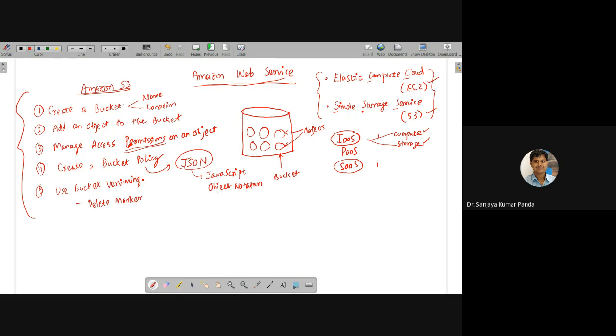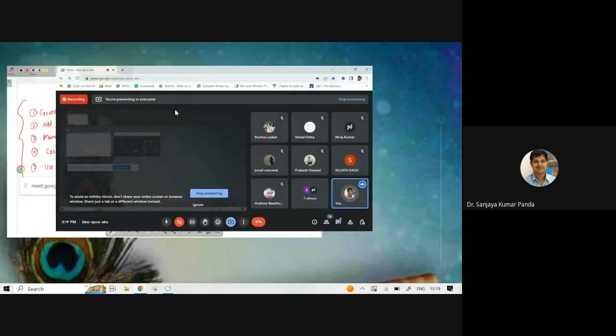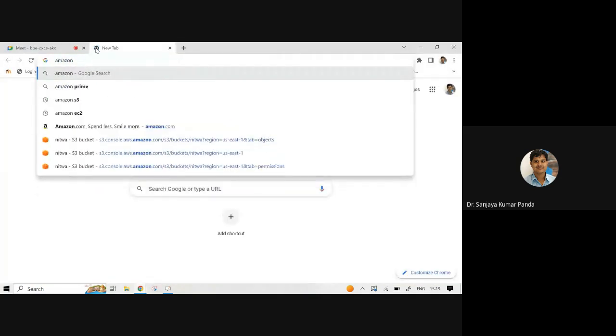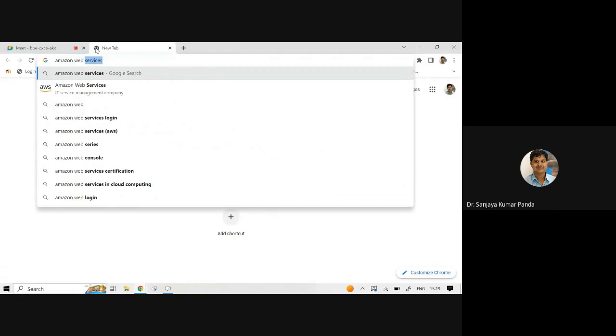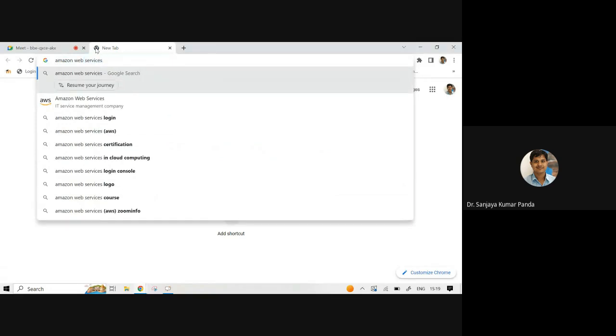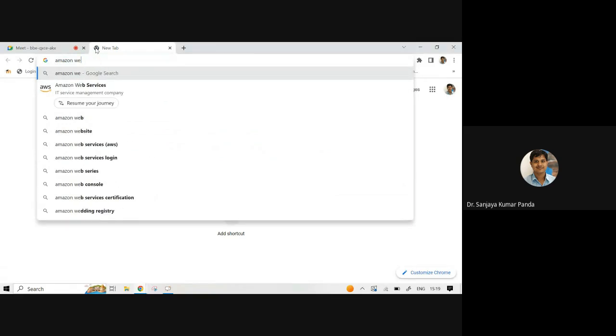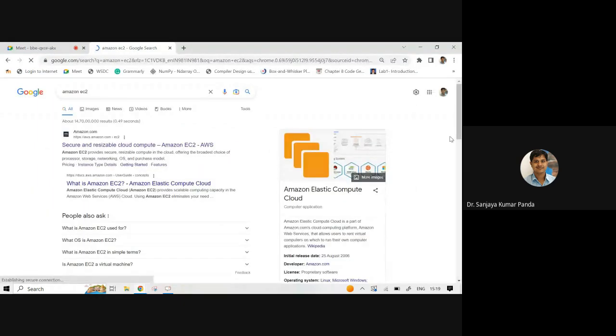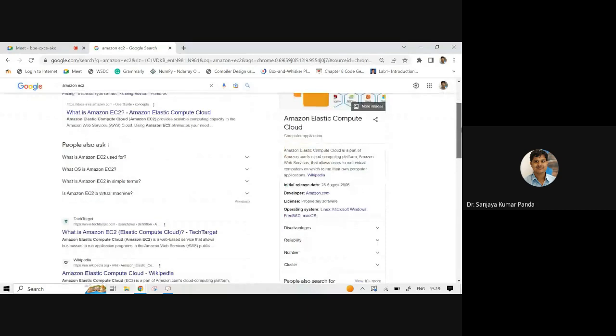So we are going to do these experiments one by one in Amazon Web Service. I request all of you to please open your Amazon Web Service account. For those who have not created one, simply create your Amazon Web Service account. Either you write Amazon Web Service, or Amazon EC2, or Amazon S3 and go to your respective account.